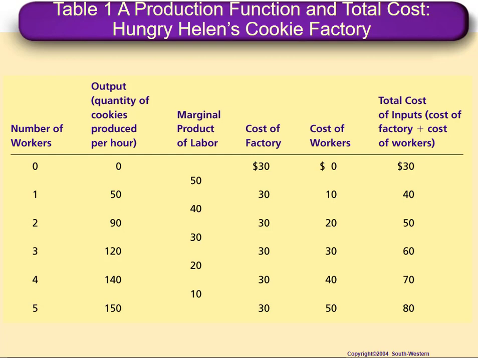And then we have these other costs over here, which is the cost of the factory. Notice the cost of the factory is constant. It's like some rental payment for the location, and as long as you're within the capacity of the location, it won't change. Then we have this variable cost component, which is the cost of paying the workers in this example. And if you add those together, you get the total costs of all inputs, the factory plus the workers, in the last column.